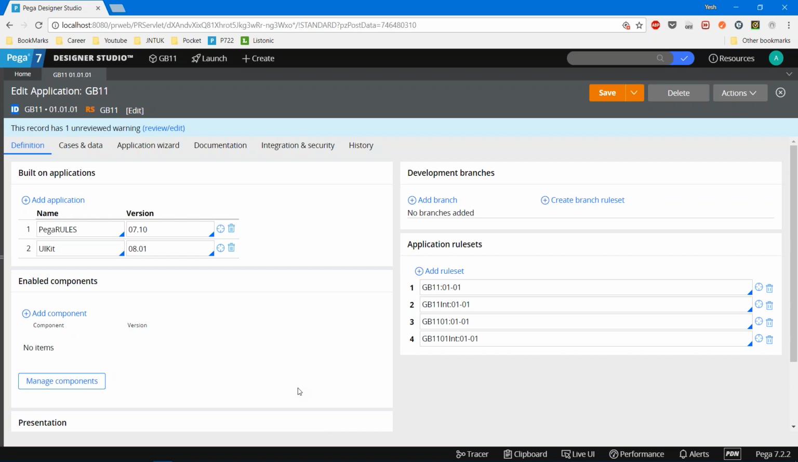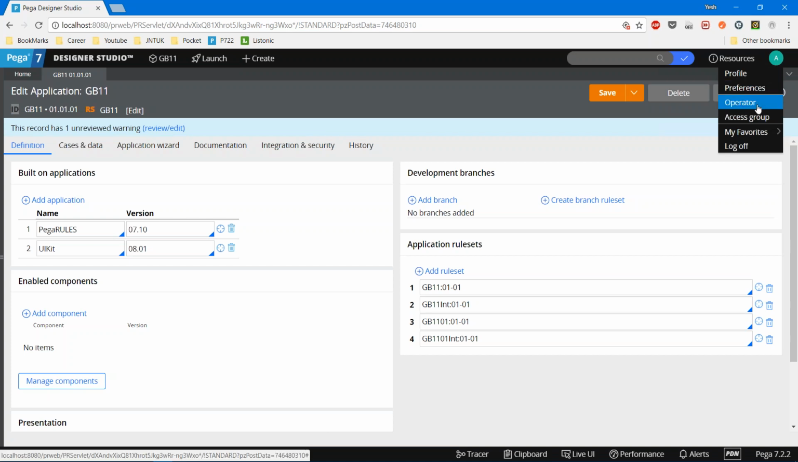So we have logged in with an operator ID, where we can see the operator ID. If you click on the right hand corner, there will be the first letter of your operator ID. If you click on operator,